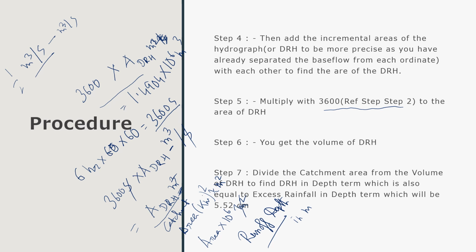So this runoff depth will ultimately come to 5.52 centimeter, because all this rainfall terms is given in centimeter. So that is why after calculating runoff depth in meter, you have to convert them into centimeter. Okay, and as you know,